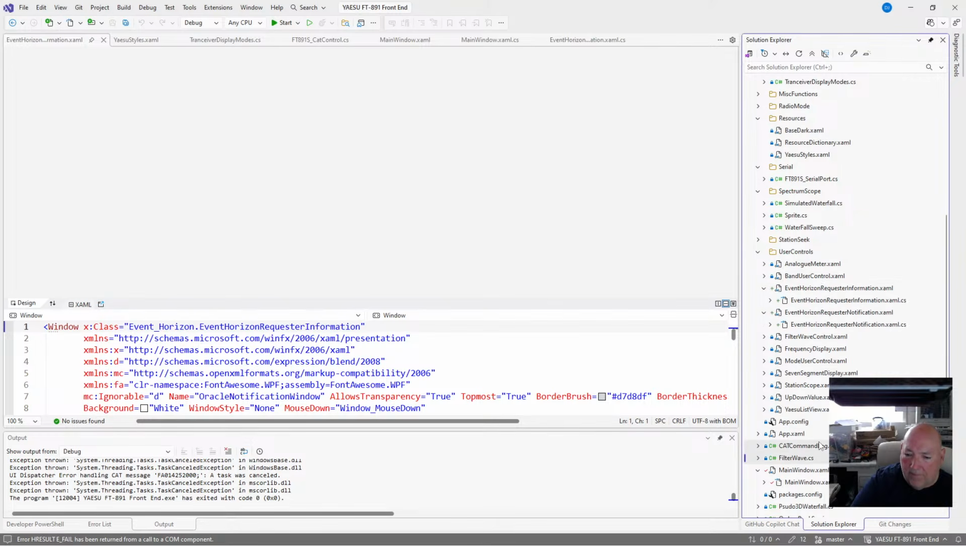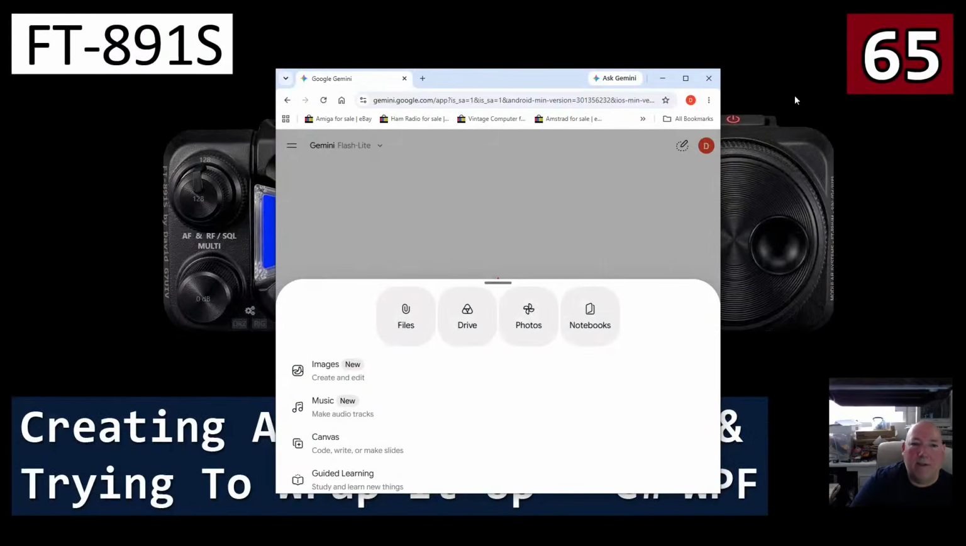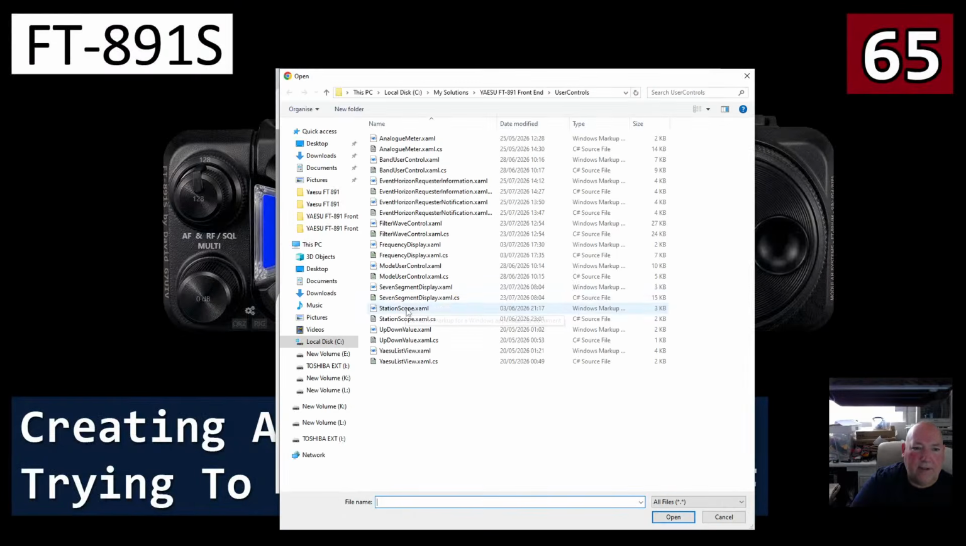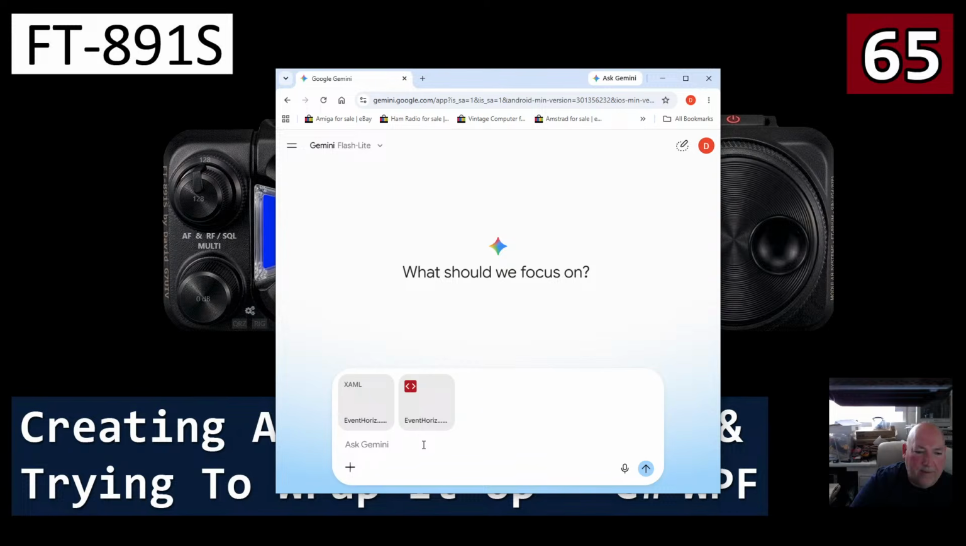Right, so hopefully, yeah, so we've got our user controls. So I can just give it the files, and it's the request for information we want to give it. And I will say C# Windows Presentation Foundation Framework 4.8, so at least it knows what it's dealing with. I would like you to